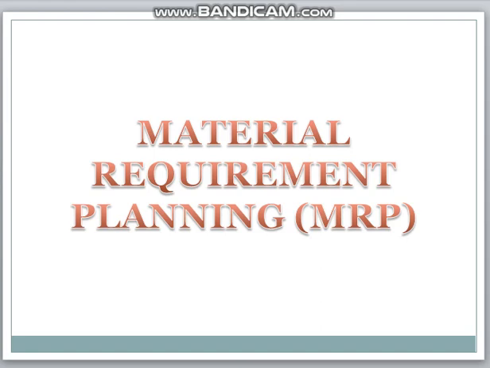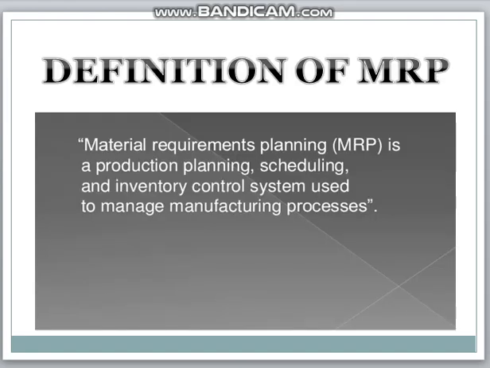In our production planning and control, let us discuss what is material requirement planning, indicated as MRP. Basically, this MRP is used in our manufacturing process for the best planning of our production. That is, any plan which has to be produced in our production process should be planned accordingly.